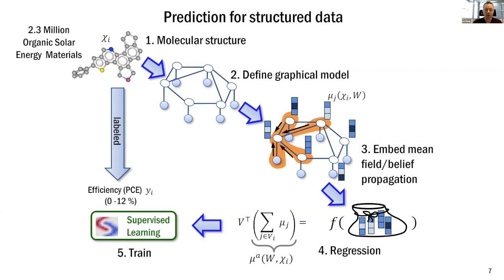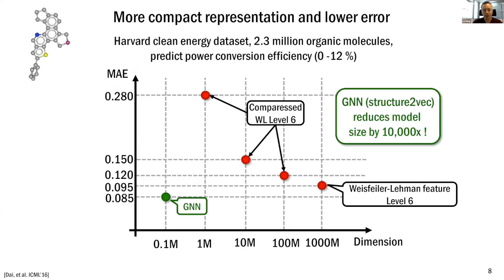Once you learn this graph neural net for feature extraction and property prediction on this molecular data set, you will find that it's learning a very compact representation and also allows you to achieve state-of-the-art prediction for this property. So here is a comparison between the representation learned by graph neural net and some of the traditional ways of representing graph structure. This traditional way, called Weisfeiler-Lehman feature or Weisfeiler-Lehman kernel, is designed from the kernel community. It's trying to describe the graph using a bag-of-substructures type of representation. So here, what I'm showing on the horizontal axis is the dimension of the feature. If you use this Weisfeiler-Lehman feature and go to a 1 billion dimensional feature space, you're able to build a model which gives you a mean absolute error of 0.95 with such a high dimensional